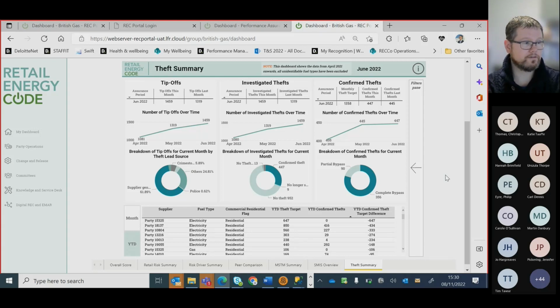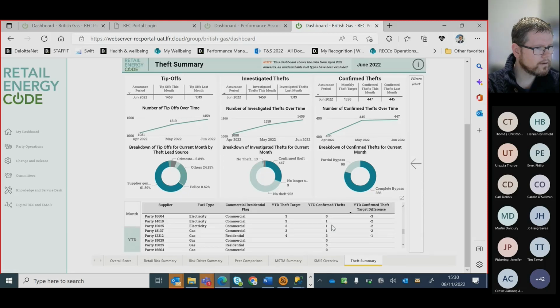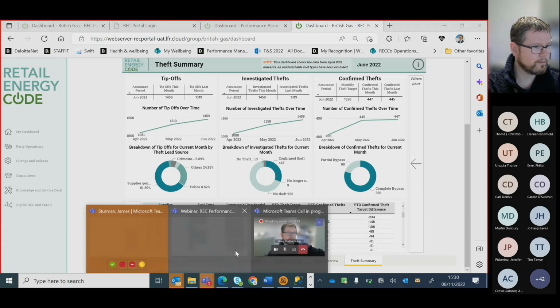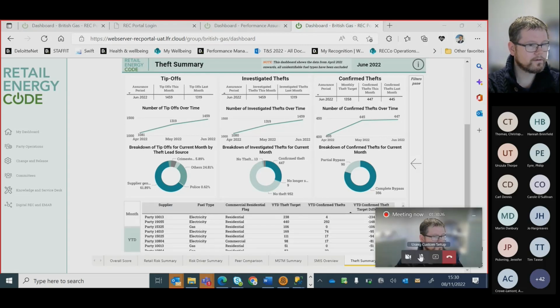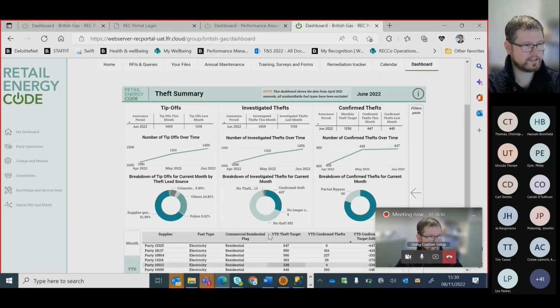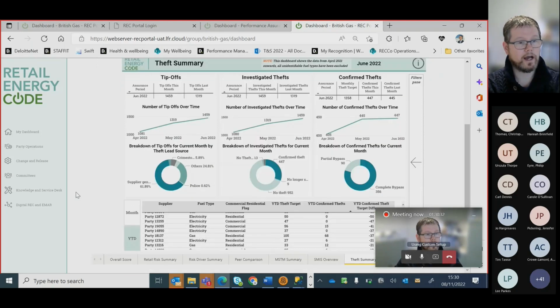Really, I think this is useful for two reasons. One is it gives you an understanding if you look at your data. So in the table below, you can obviously find your entry. I don't know whether our test supplier's got an entry or not, Ben. Can't remember whether we had one or not. No, we're not on this one. Okay, so we haven't submitted any thefts as our test supplier,